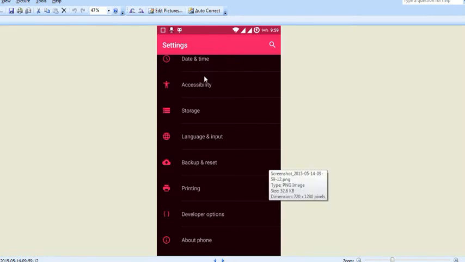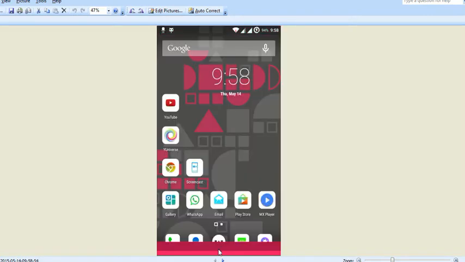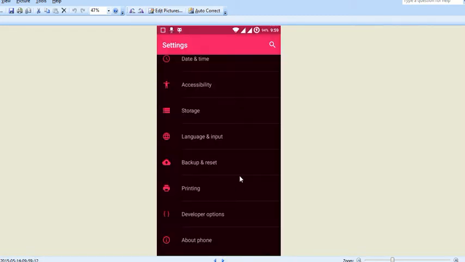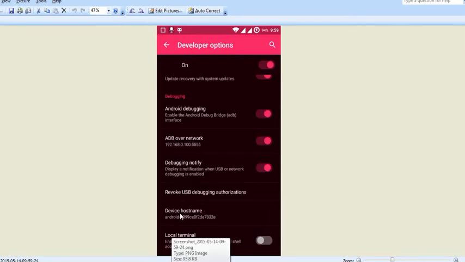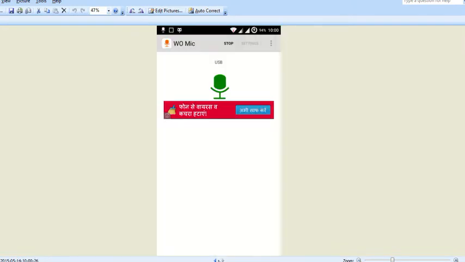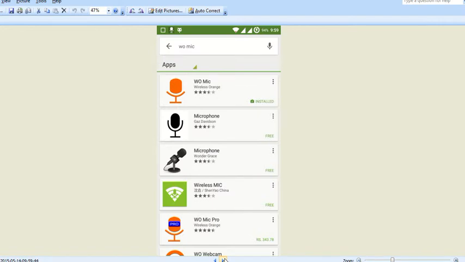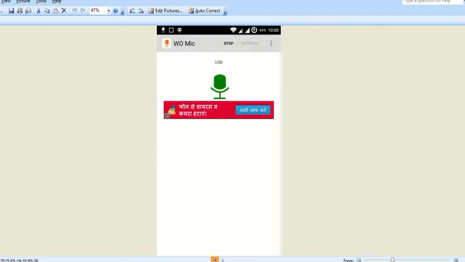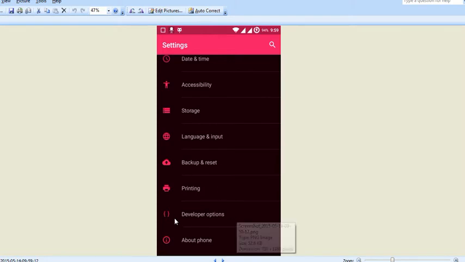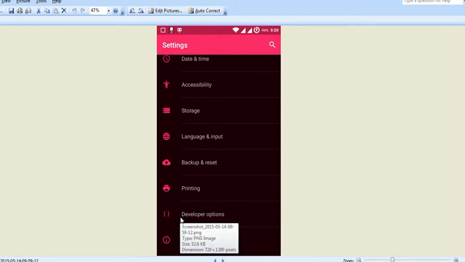Here we come to the settings part. Go into the settings of that mobile, and you can see About phone. Go into About phone and you will see the build number. Click on it 7 to 8 times, and after that you will see the developer options. I'm talking about the Eureka, which is just different; all the things come differently.